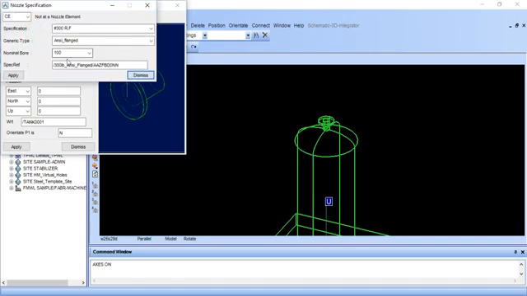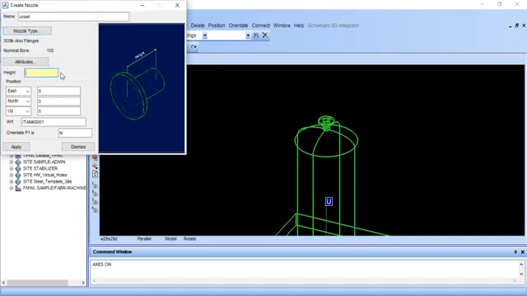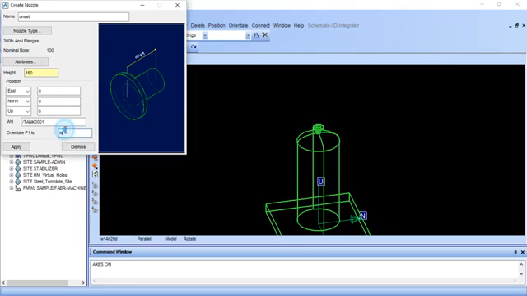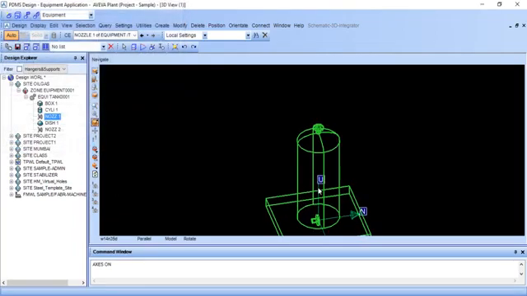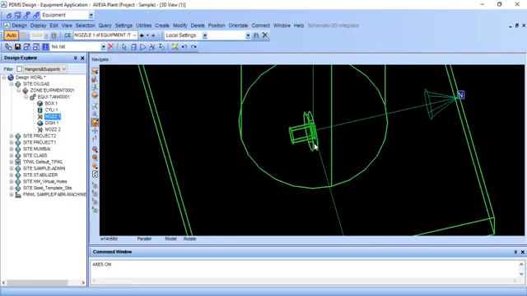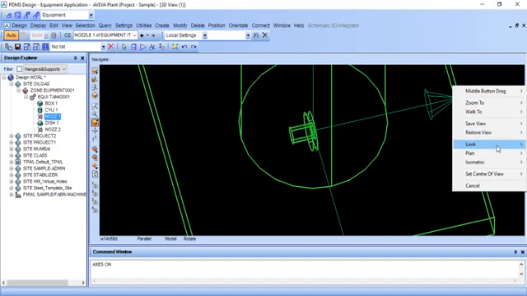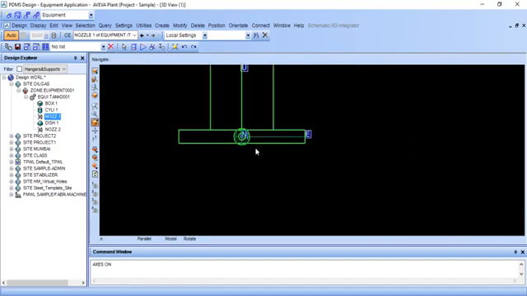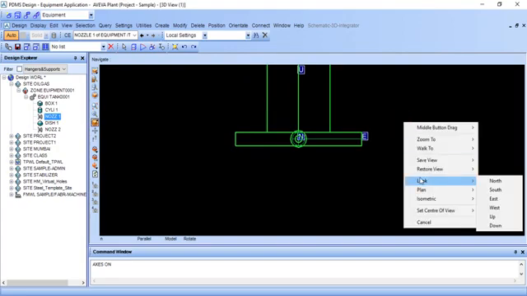We want the nozzle type same as we have created earlier, and I am giving height 150, and plane we want it on north side. So here N is already there, just apply and dismiss. Here it is created in bottom side. So just look on north side. We will not see it in north side.